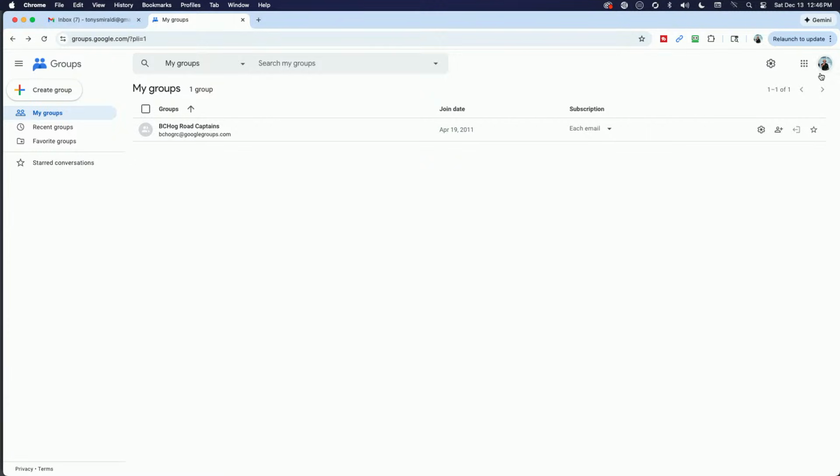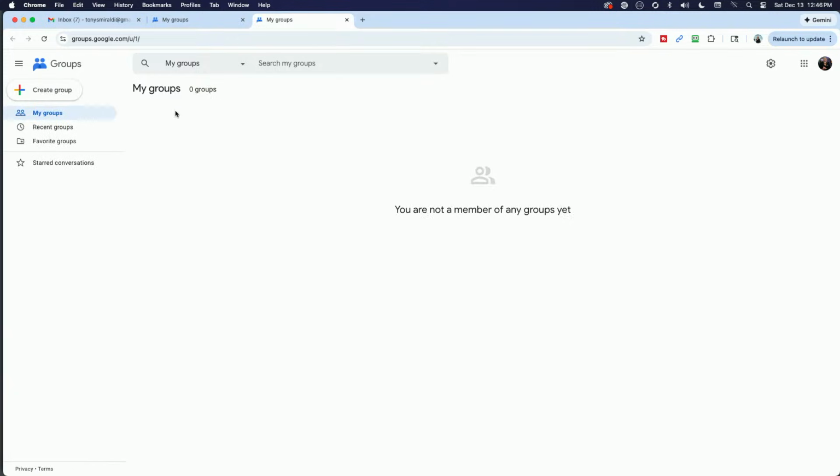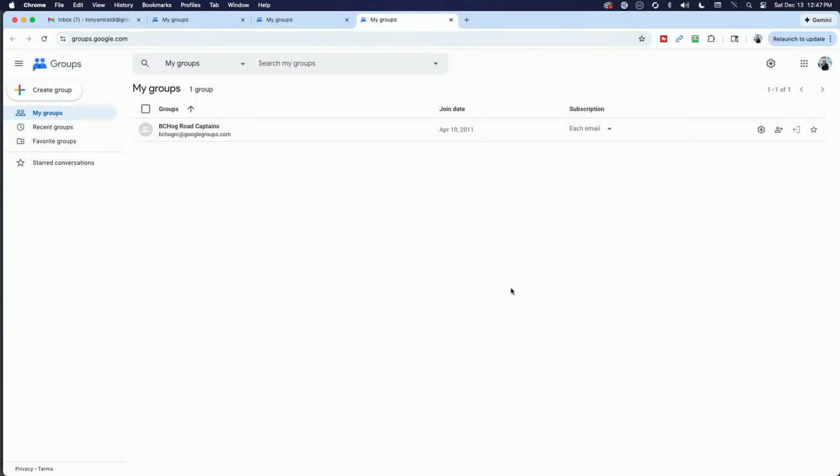And then with the Quick Tech Review email, I had the two groups here. So since the preferences had been set that way for so long, that's not bad. But just recently, within the last week and a half, I was added to those two groups. And then there's over here next to the icon where you can add members. I'm the owner of this group, so I can't leave it.